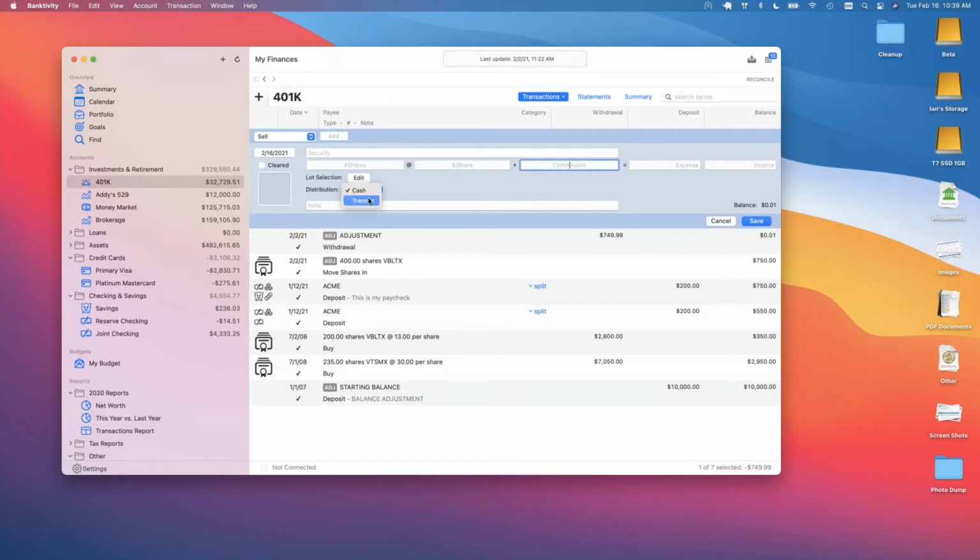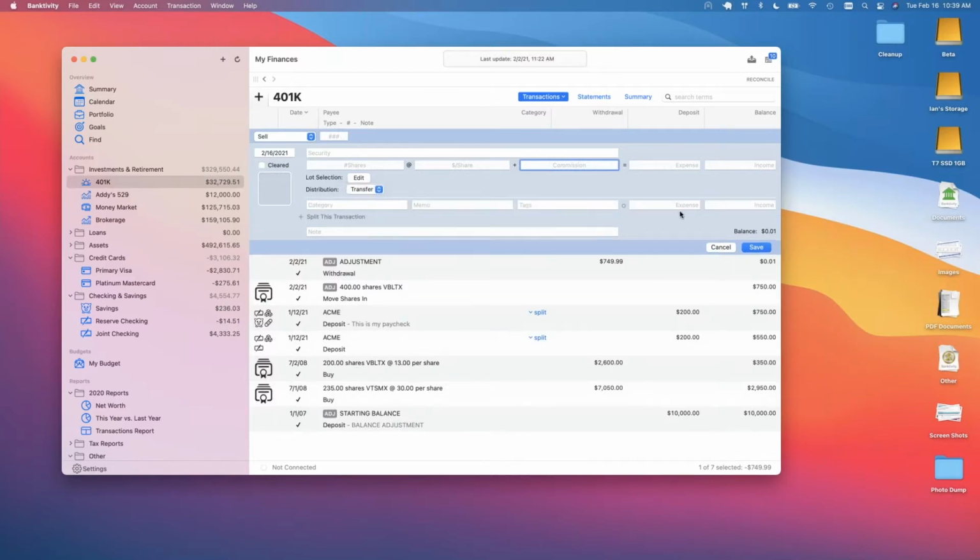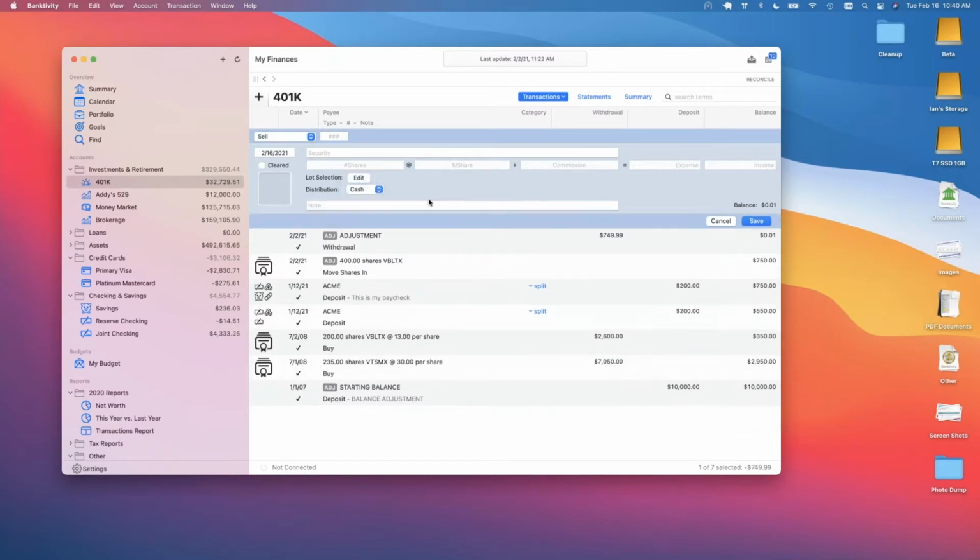The other option here is you could change the distribution to transfer, and that basically creates a new line down here where it says category. And what you'd end up doing is instead of entering a category, you enter in an account, and that money is going to, instead of increasing or decreasing the running balance of this account, go to whatever account you specify in this category field. Ignore that it says category. It's essentially a bug in the app, if you will. Yeah. All right, so I'm going to run through some